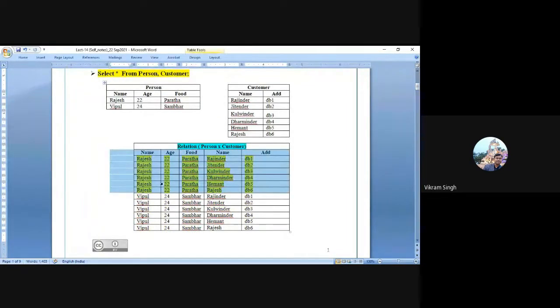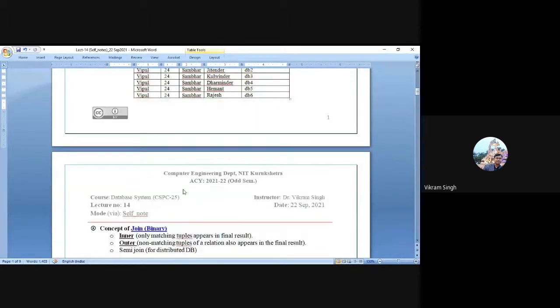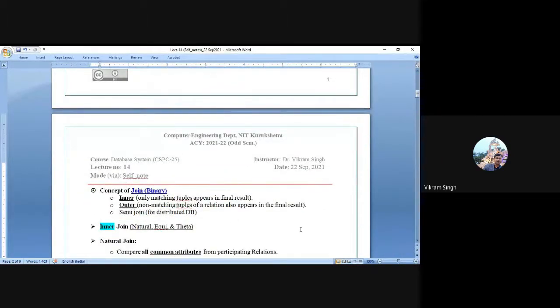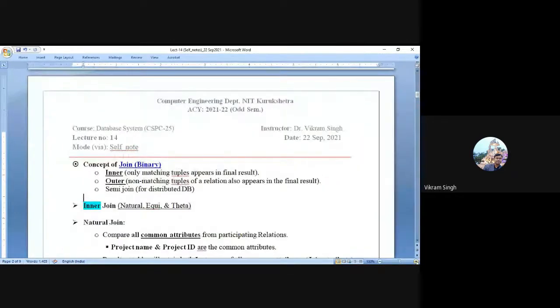So you need to provide some sort of condition in the where clause through which you can eliminate these unwanted tuples, right? For this, the concept of join has been proposed, and join is again a binary concept. Binary means it always has two operands. The two operands here are two different database tables, right? So whenever we see the concept of join,